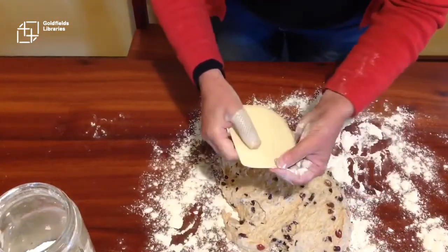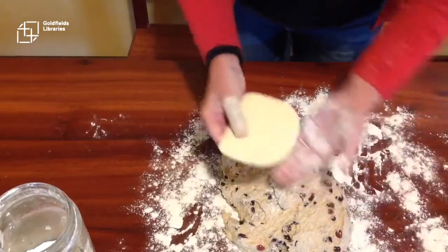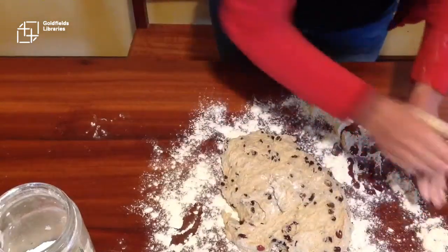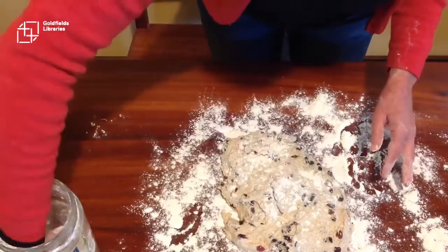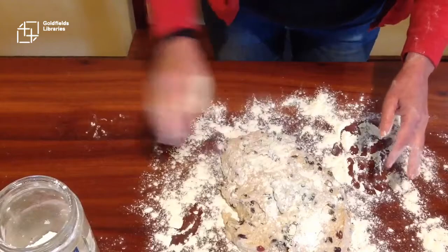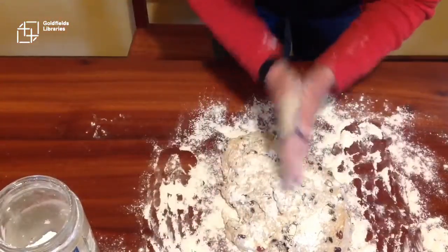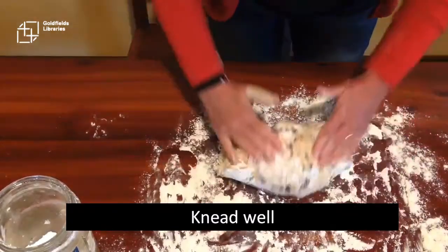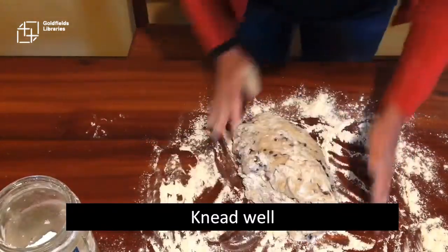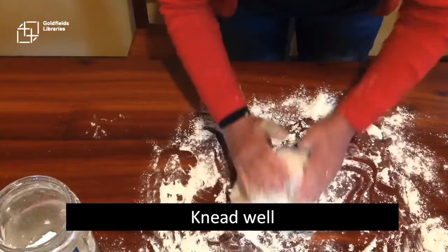I'm going to put flour on my hands as well so that it doesn't stick too much. We'll use that again later. I'm going to sprinkle a bit of flour on the top of my dough like this, and then make sure my hands are well floured, and then I'm going to knead this dough. That means I'm going to roll it into a ball, make sure it's well floured, and then I'm going to